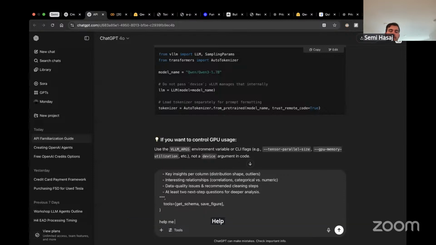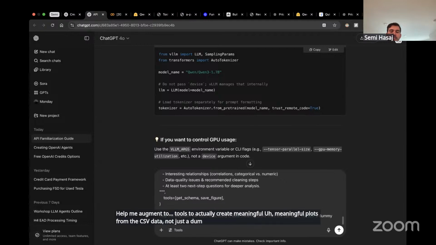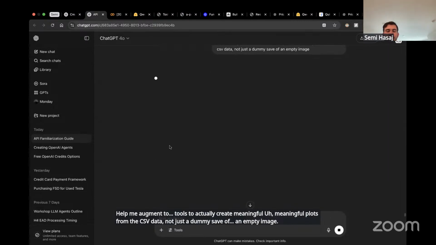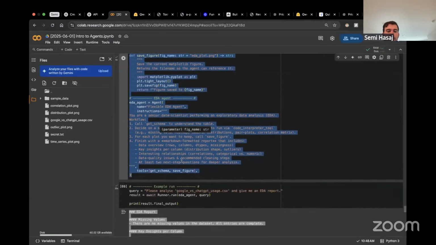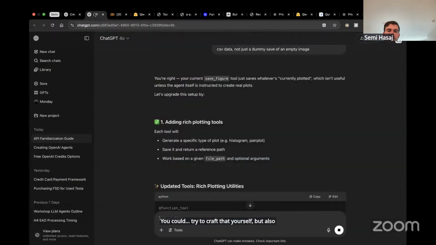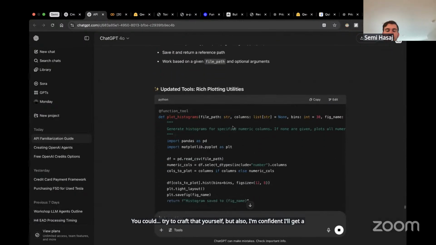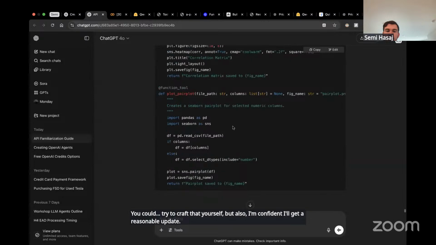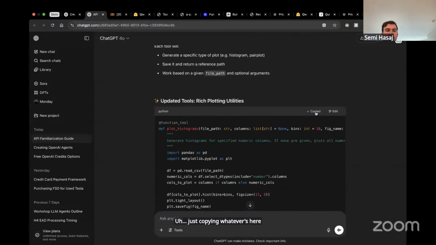Help me augment the tools to actually create meaningful plots from the CSV data, not just a dummy save of an empty image. You could try to craft that yourself, but I'm confident I'll get a reasonable update, so I'm just copying whatever's here. Let's try it.